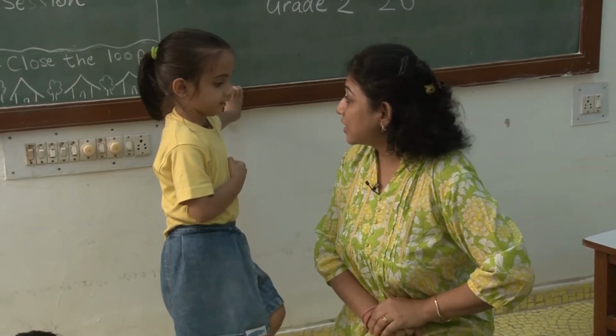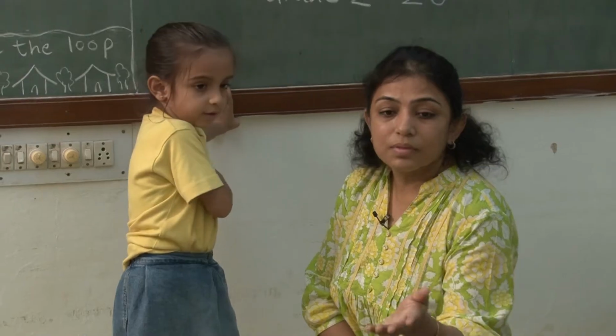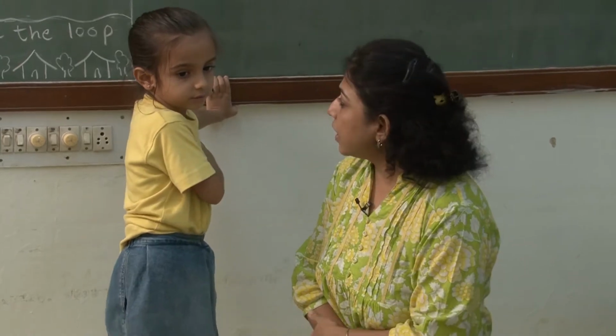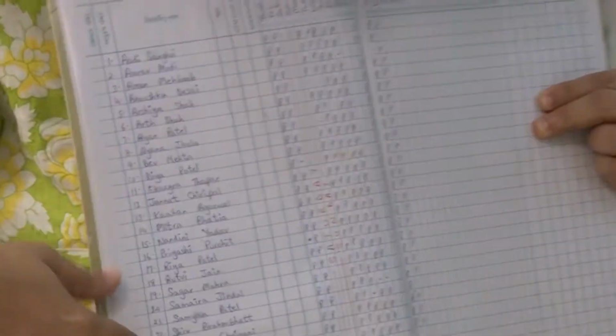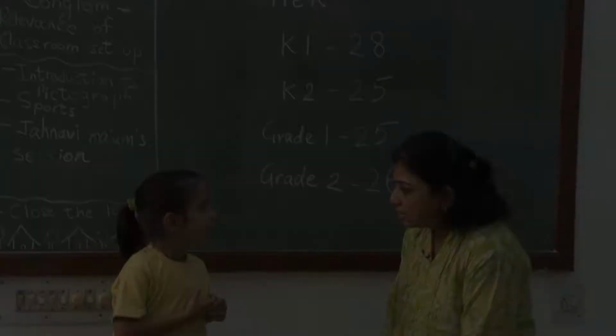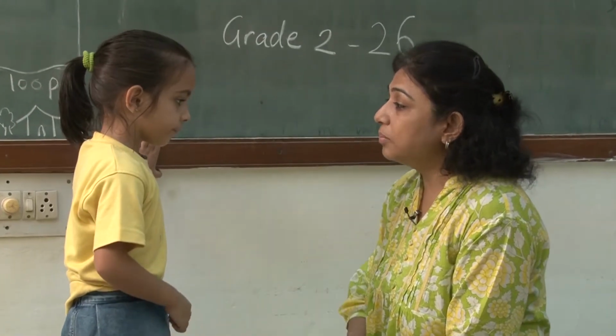So do you think that 21 is the exact number? That is where I had to come in as a facilitator to help them understand that probably you are wrong in your counting, and how will you know how to bring in that exact number. And there, when she went again to say the attendance register will have the number of students in the class. Found 24. There are 24.